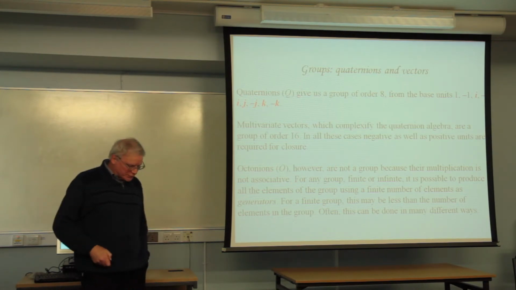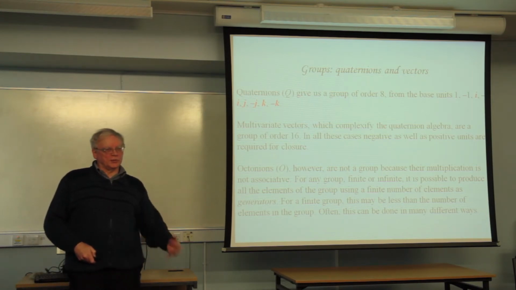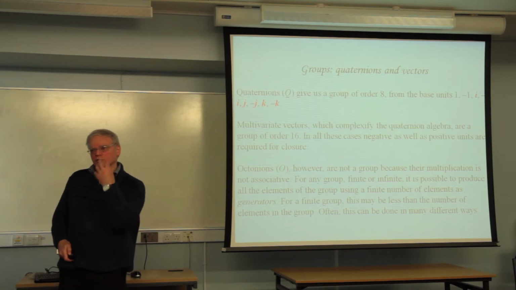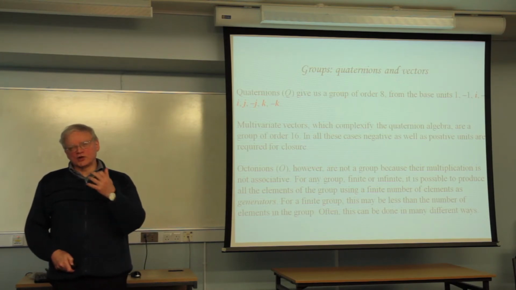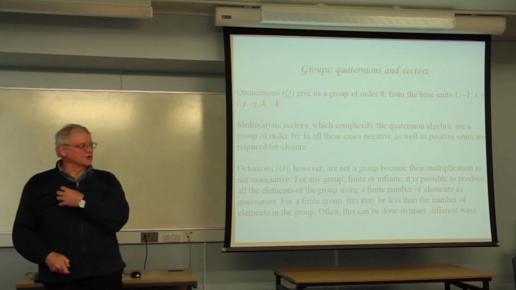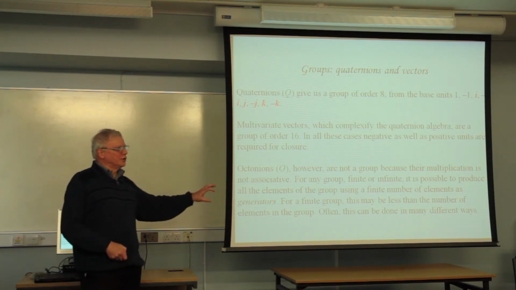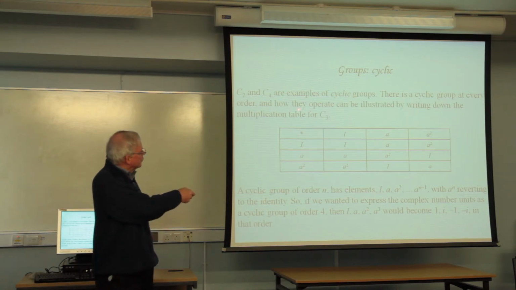Now, an important aspect of groups, a very important aspect, is that you don't need all the elements to specify the group. You need a fraction of the elements, a number of the elements. And we call that generators. So within a group, you can choose a number of generators which will generate the entire group by the multiplication. And that's going to be very significant. We'll talk about that in a moment.